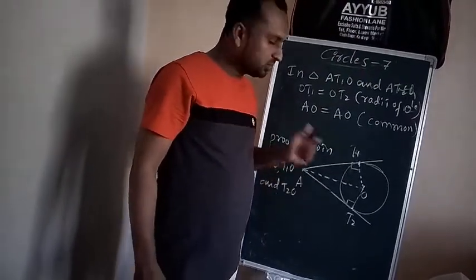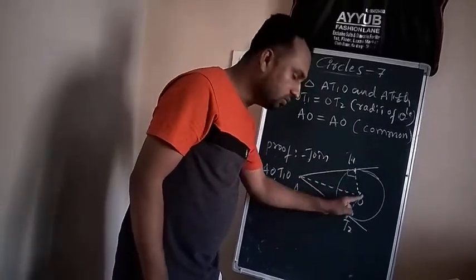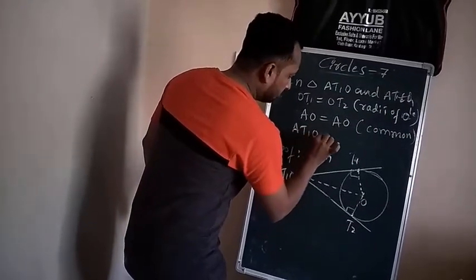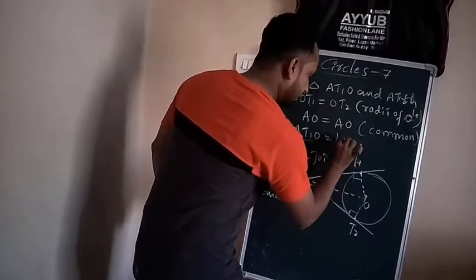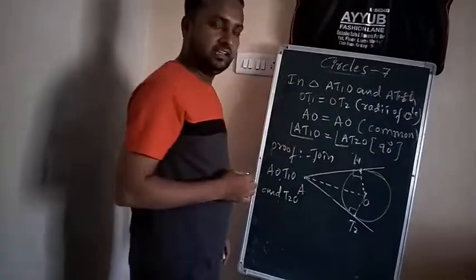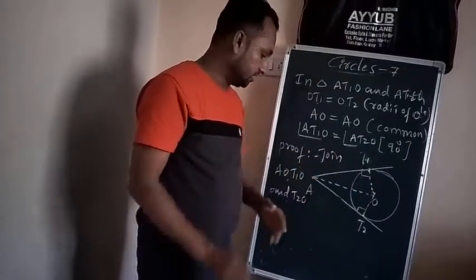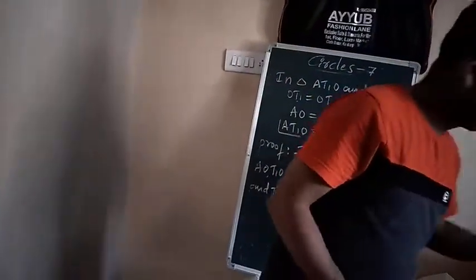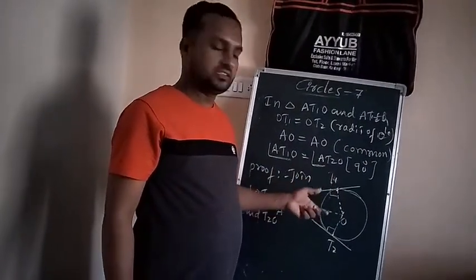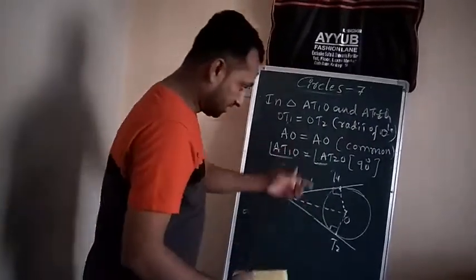Can you tell me what the one more element here is? Yes, angle AT1O is equal to angle AT2O because both are 90 degrees. So angle AT1O is equal to angle AT2O because each is how much? 90 degrees. Therefore, triangles AT1O and AT2O are congruent. What is meant by congruent? Those figures having the same shape and the same size are equal. Such triangles are called congruent. Now see, I'll remove here. Therefore, both are congruent here.